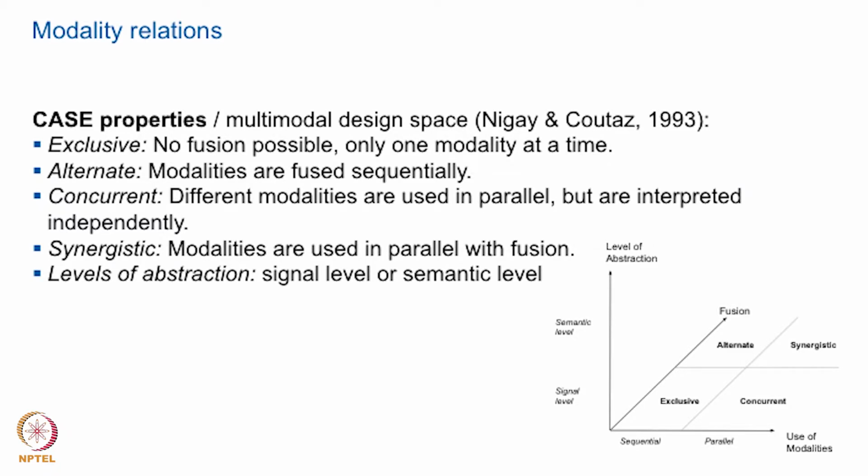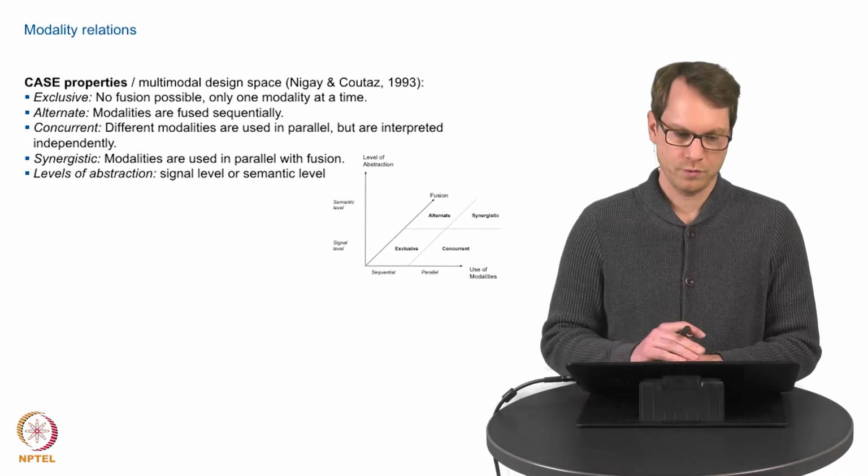The one dimension is the fusion. So is there fusion or is there no fusion? So this means, is the information or are the modalities provided separately or not? Do they have to be analyzed combinedly by the system? This means we need a fusion module. The second dimension is the temporal domain. This means simply the temporal domain which we know. Is it a sequential pattern, or does the system allow also for a parallel or combined way of presenting information? This leads to 4 different CASE properties, and I reordered them a little bit to present them more clearly.